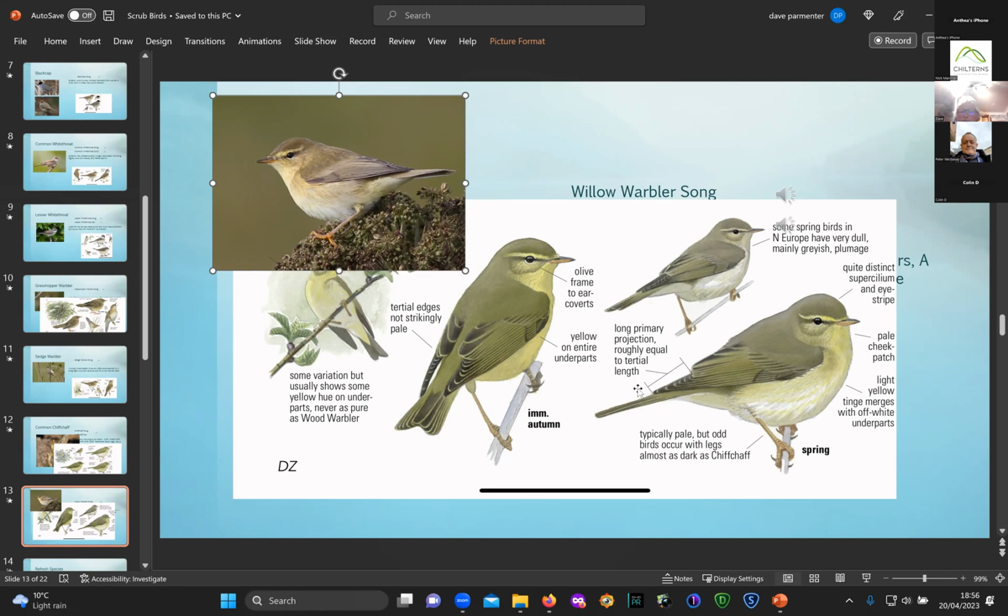But as you can see here, the primary projection is longer than that on the chiffchaff and reaches further down the tail, past the end of the undertail coverts here, and that's a good giveaway. Apart from that, plumage-wise,